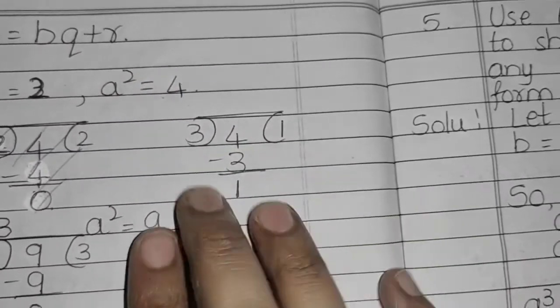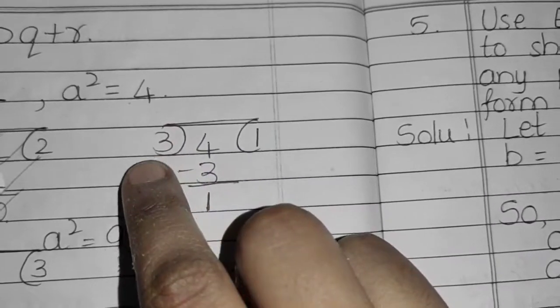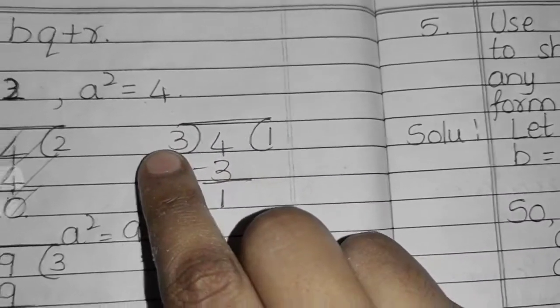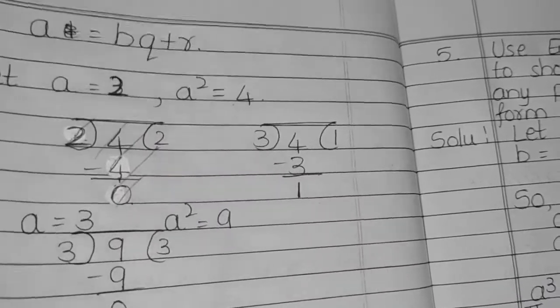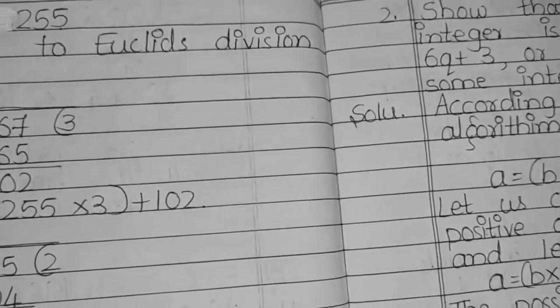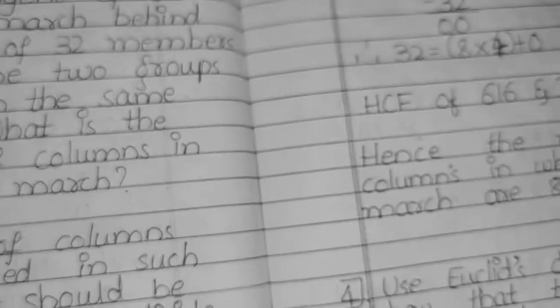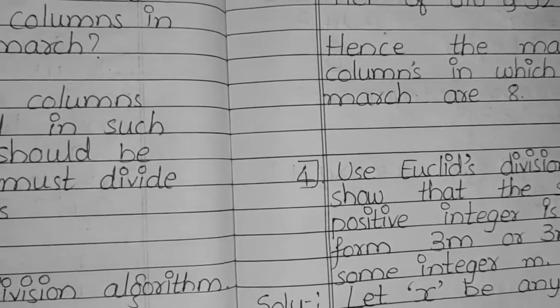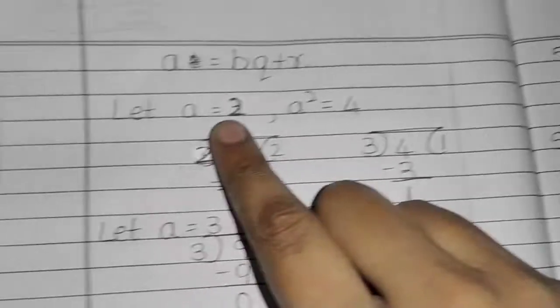Let me consider, they have told us 3. They had given us the value of b as 3. In the hint they have given that you have to use the squares of it. In the question they had explained that you have to consider the squares of it. So let me take an example.